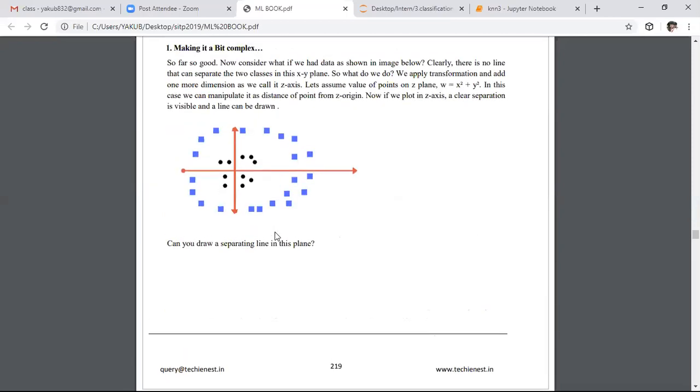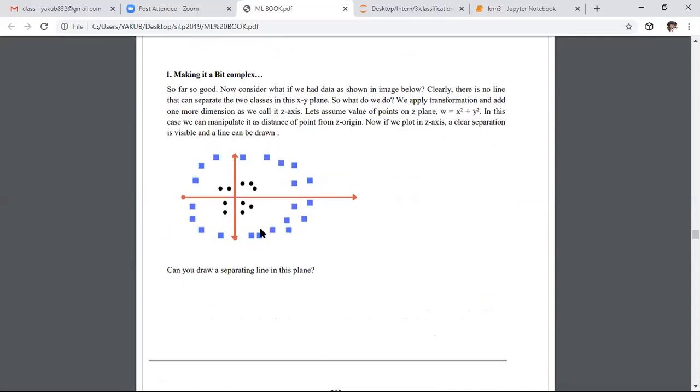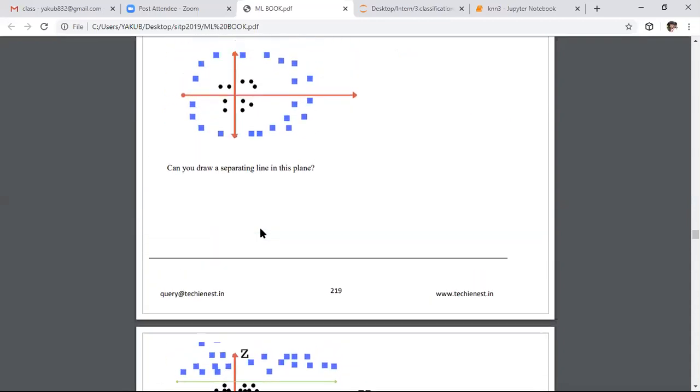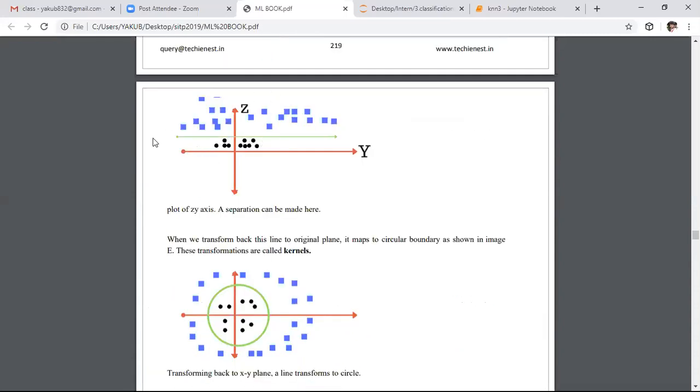Yeah, good. Here I'm making the question a little bit complex. Here are the data points. In between we have circular data points, and outside of all this we have square points. We need to separate this data. To separate this data, we need to convert this 2D data into 3 dimensions. If you convert it, it will become like this, and using a single hyperplane, we can separate this data.